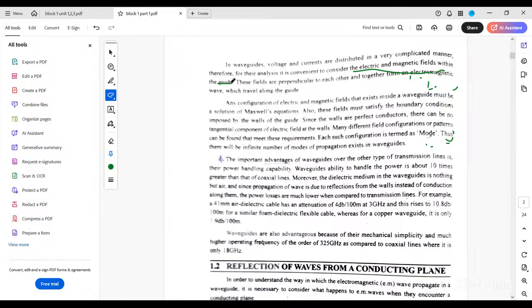Electric field is perpendicular to the magnetic field, as we know. This is explained in the second paragraph. Next, in the third paragraph,